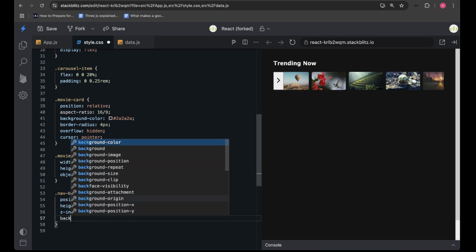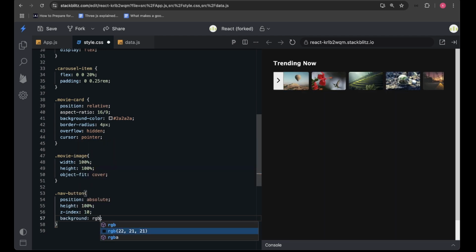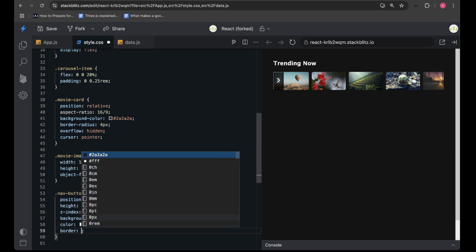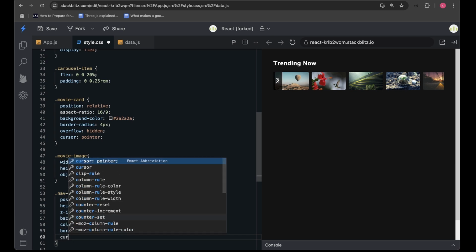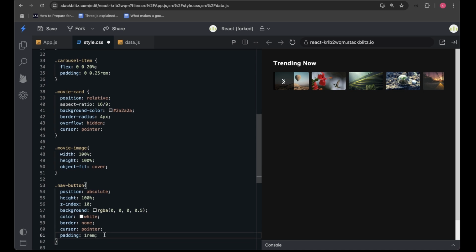Then I'll give this a background, which is going to be nothing but an RGBA, where the red is going to be 0, the green is going to be 0. Basically, it's going to be a shade of black with a 0.5 opacity. Alright, something like this. Then after that, I'll give this a color of white. So the icon itself gets the color of white. Then I'll give it a border of none, then a cursor of pointer, then a padding of 1rem, and